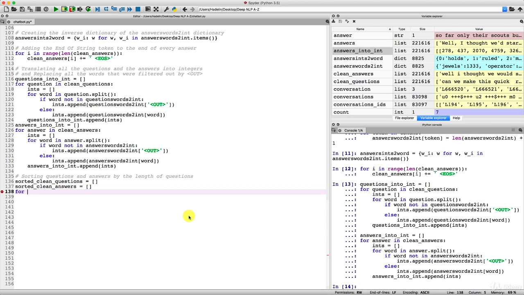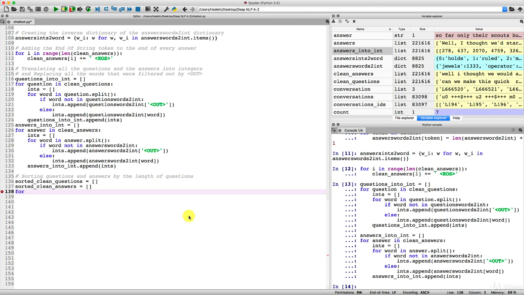Otherwise, the child will get overwhelmed. So the idea is going to be the same here. We just want to include the questions and the answers that are not too long. And by not too long, I mean a length, for example, up to 20 or 25. So we'll choose 25. If this is too long for you, you can always reduce it. If the training takes too long, you can always reduce it. So I'll go up to 25 here.